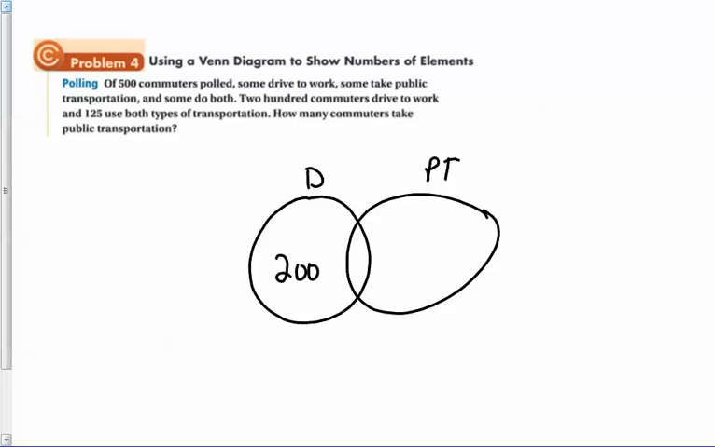So actually, let me back this up. 200 go there, but 125 use both. So here's the thing. 125 need to go here. And if 125 go there, then 75 right here drive, because 75 and 125 make up the total 200. So if there's a grand total of 500 commuters, and we take away the 75,